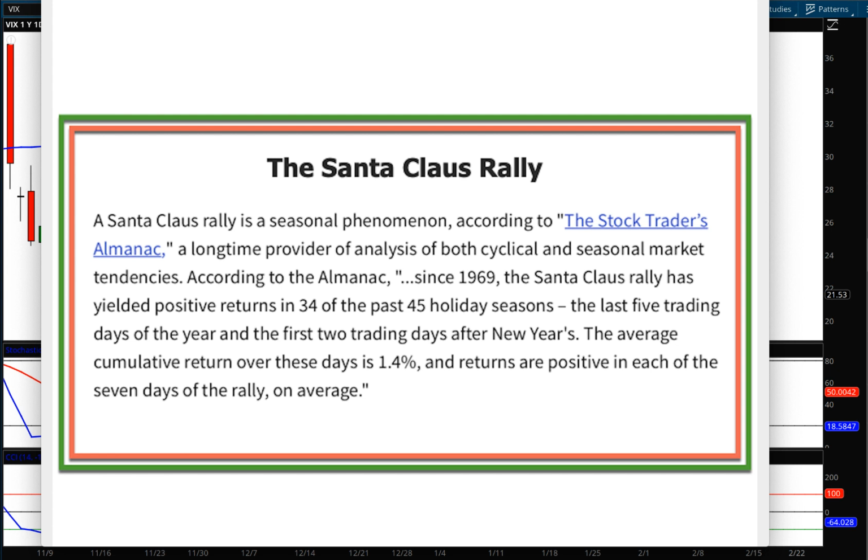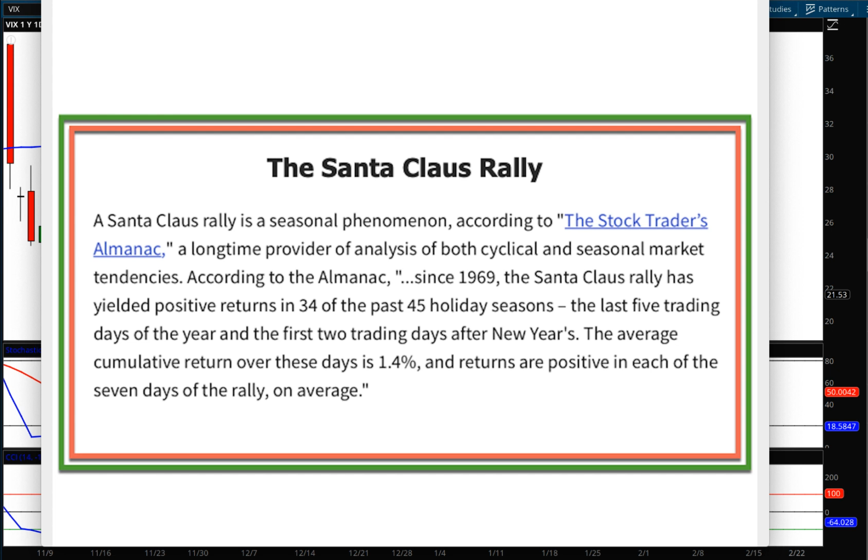But what a lot of people don't know is that if we don't get this stretch of winning days, that could be a sign that we'll start to pull back and maybe even see lower prices into January, February, March. Then we have that other old saying, as January goes, so goes the year. So we have a lot going on towards the end of this year as we say goodbye to 2020 and all of its volatility, looking forward to a much healthier and prosperous 2021.